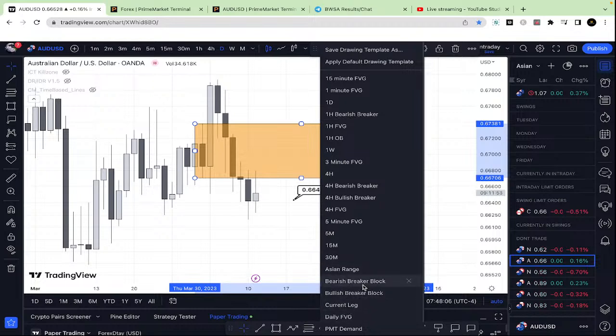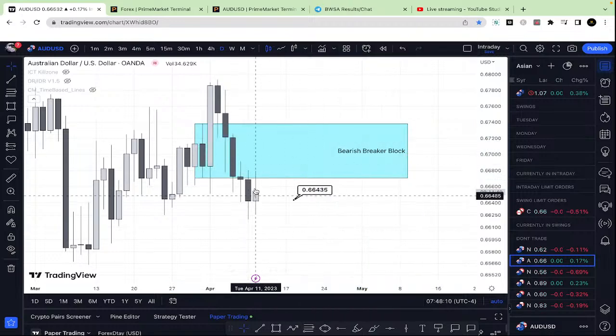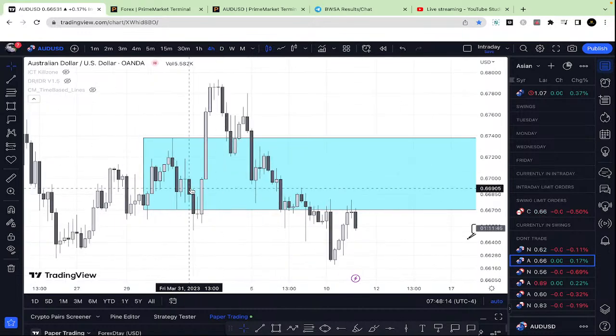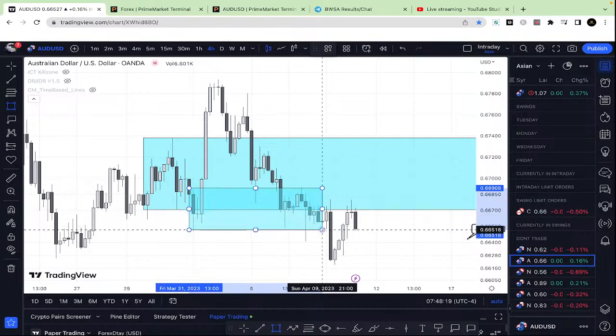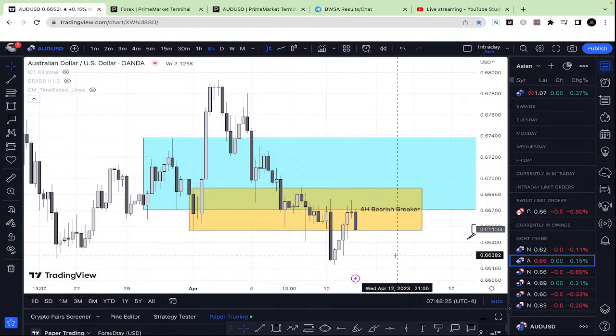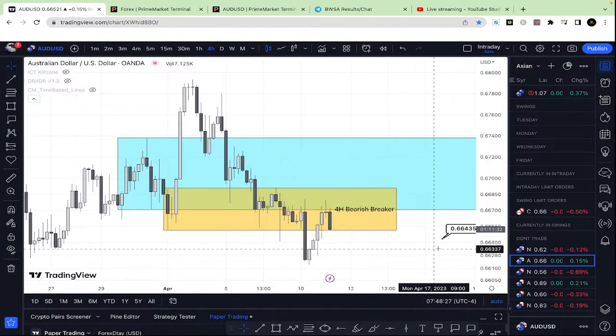Whatever. We can just go bearish breaker. Yes, that's a bearish breaker. We're currently rejecting off that bearish breaker right there. That's the 4 hour. We have an even more fine detailed breaker block right here. That's that same one, just more fine detailed. So it's a 4H breaker right there. And we have a rejection of